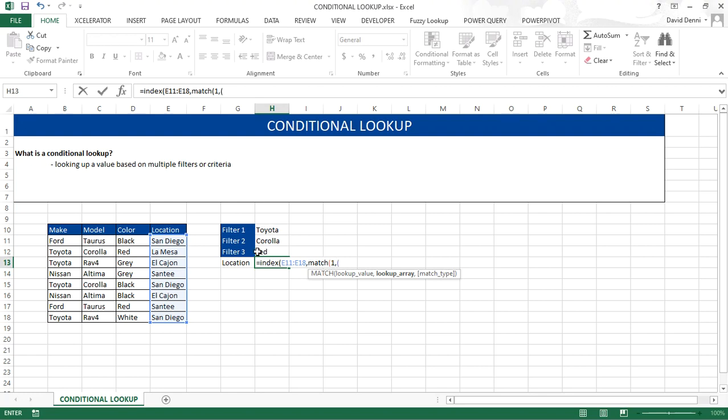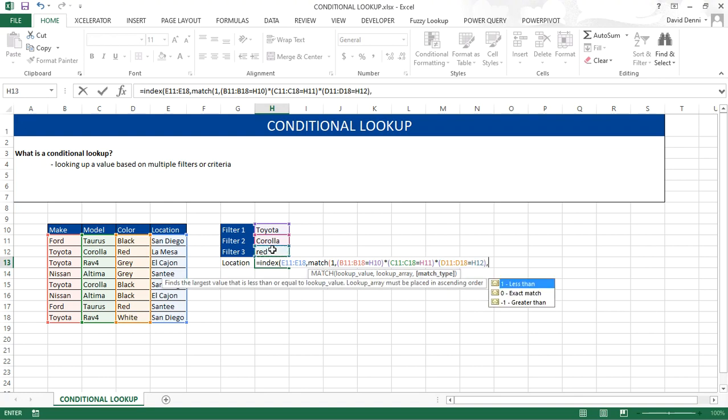So opening parenthesis, getting our list of makes, equal filter 1, closing parenthesis, times. The same thing for the models, equals filter 2, closing parenthesis, times, opening parenthesis, and same process for the list of colors, equals filter 3, closing parenthesis, comma, the type of match, we want to get an exact match, 0, closing parenthesis,